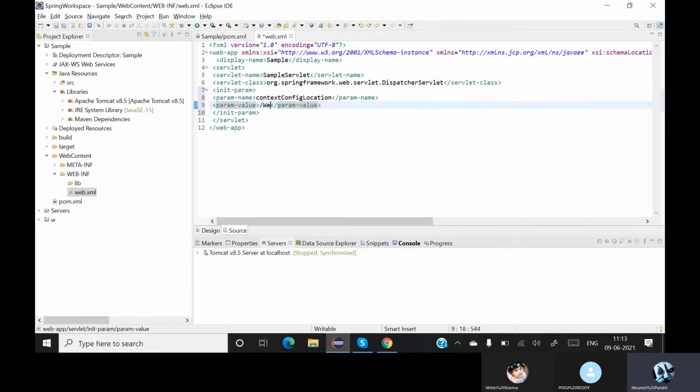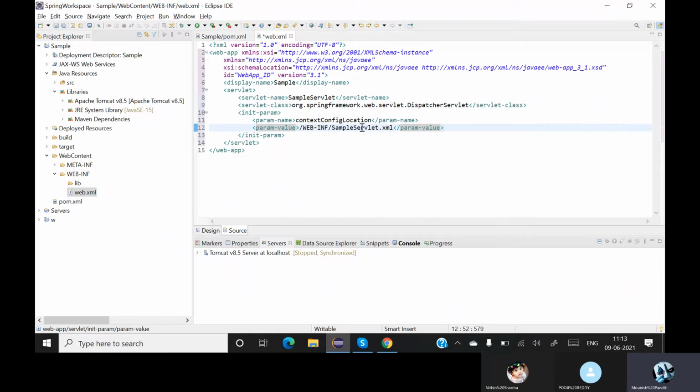So I am telling you will find it in WEB-INF and the name will be sample servlet hyphen, okay, let me give sample servlet and say XML. Okay, let me first format this. So if you see over here, inside the WEB-INF I am telling I should give an XML page where I will configure all the basic needs.